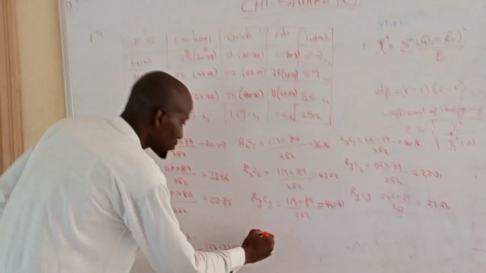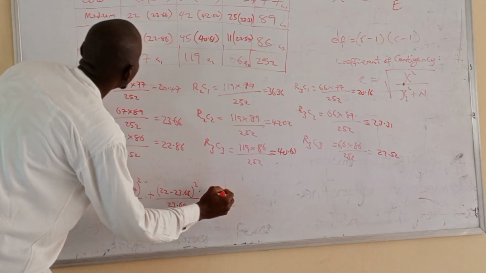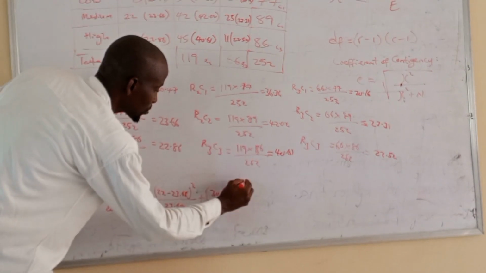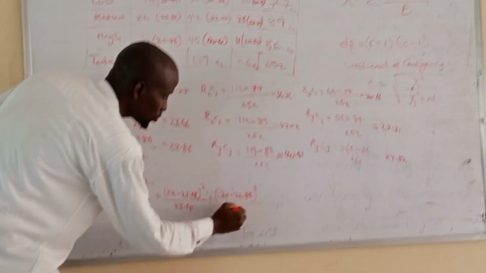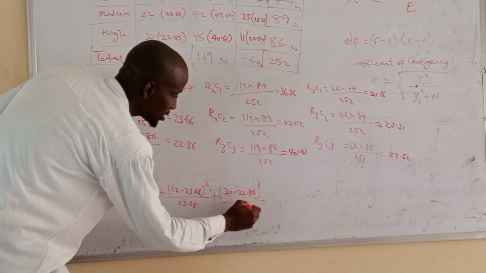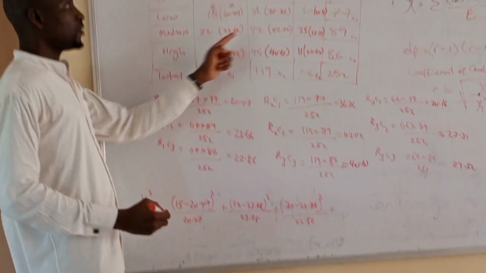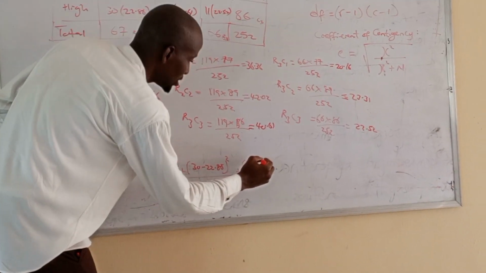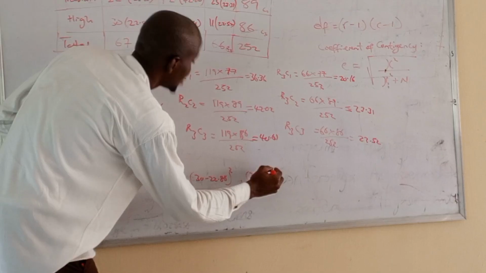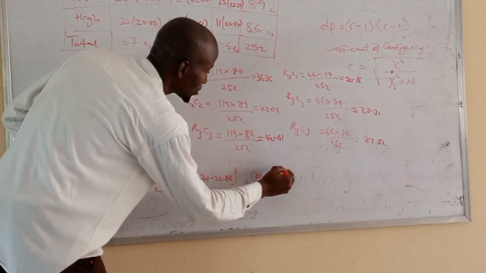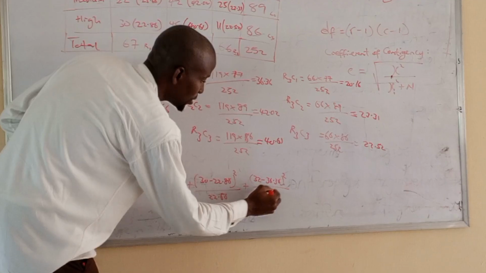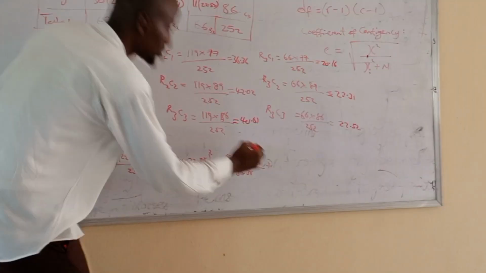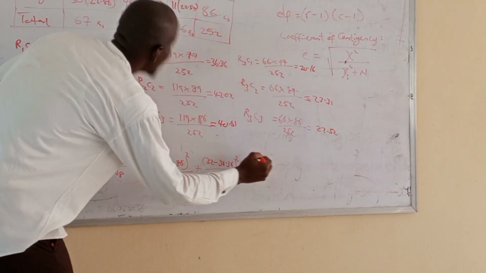The third one, 30 minus 22.86 squared over 22.86. The fourth one, 32 minus 36.36 squared, 36.36. The fifth one, 42 minus